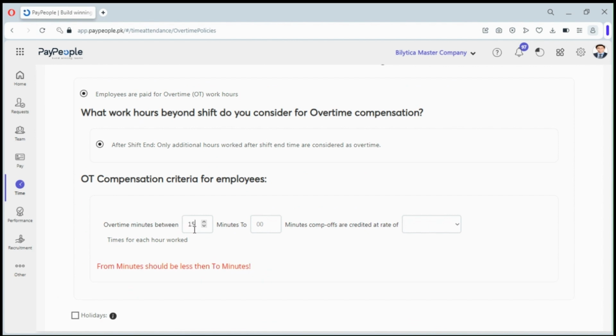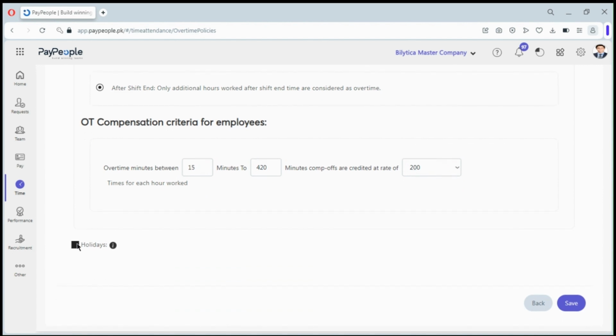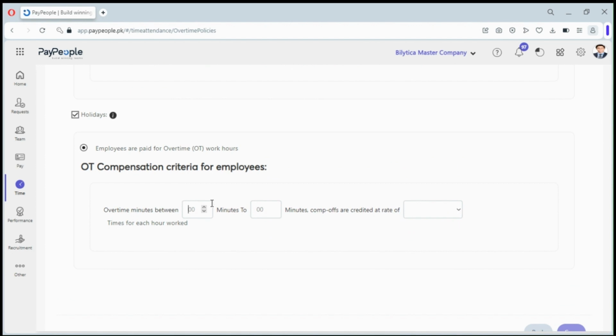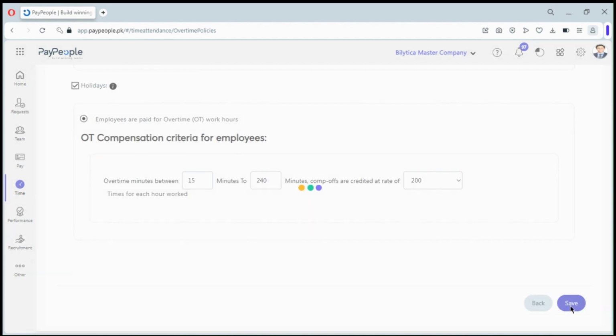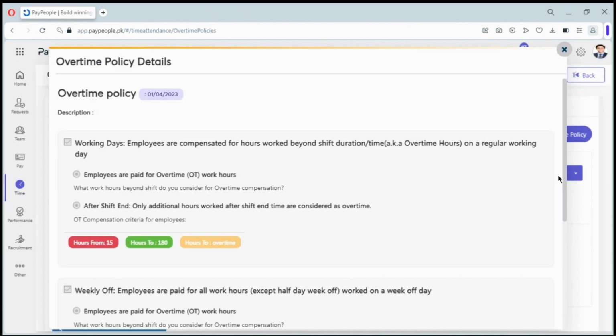Add minimum or maximum limit for overtime. Enter the factor on which you are going to pay your employees for weekends. Select holidays. Enter the minimum and the maximum limit for holiday. If you pay your employees holiday overtime, select the factor or pay code. Click on save button. Once you save the overtime policy, you can view it by clicking on the I button,